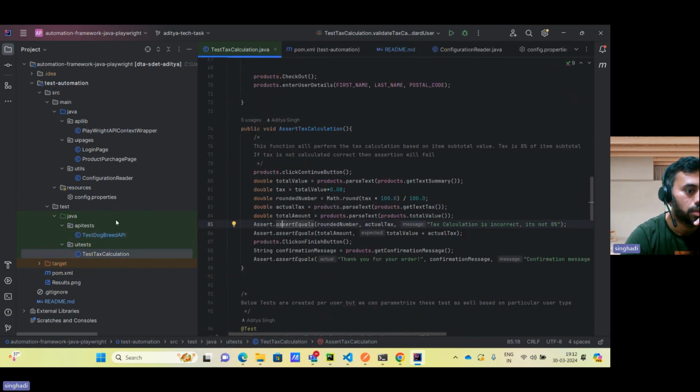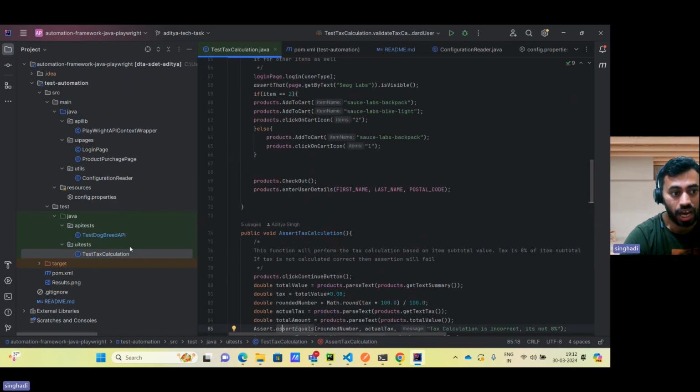Okay, so this is how you can structure your automation framework, and you can scale it to a bigger application as well if you need it. So this is how you can create it and use Playwright. Now, the next part is how you can execute your test cases. Since I have used TestNG as the test runner,